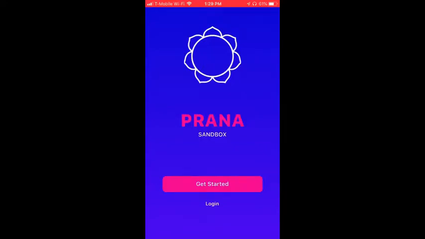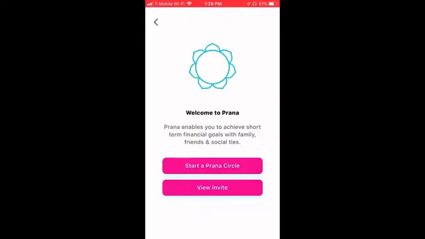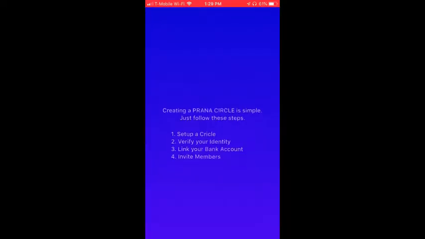So we'll be demoing Prana today, and this is the version that all our alpha users are using at present. So we'll get started. If you're an organizer, then you can start your own circle, but if you're a member and you've been invited by someone else, you could tap on the View Invite button and be taken into that flow. However, today I'm going to start my own circle, so I'm going to tap on the Start a Prana